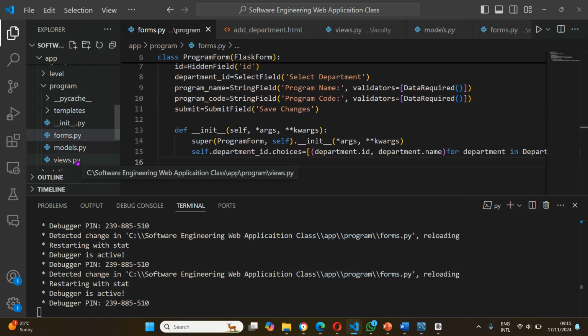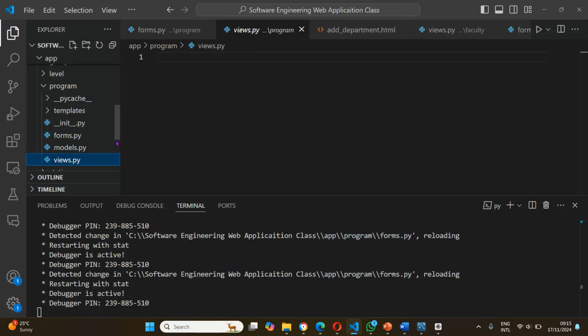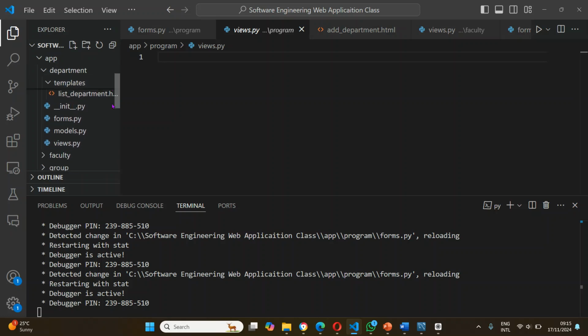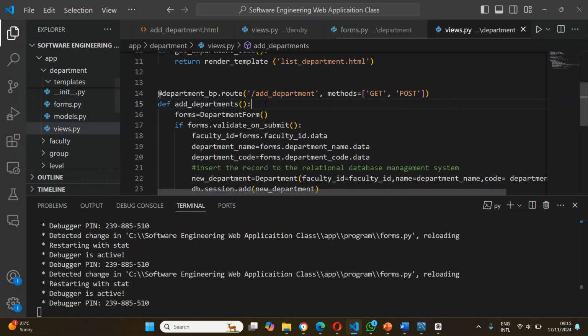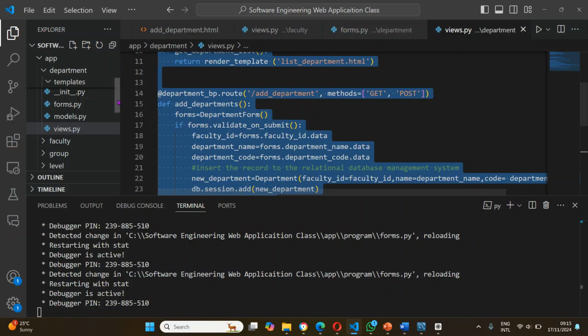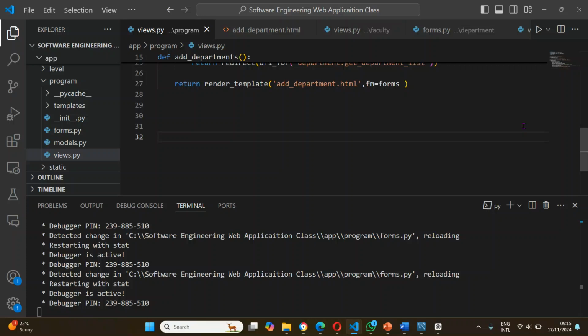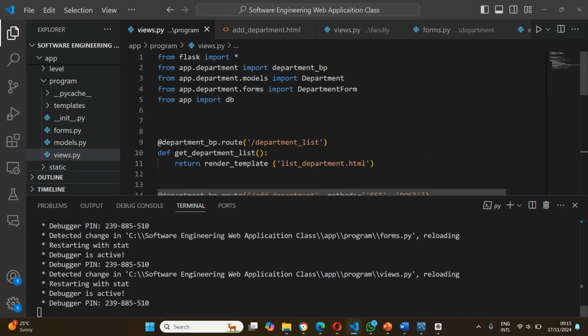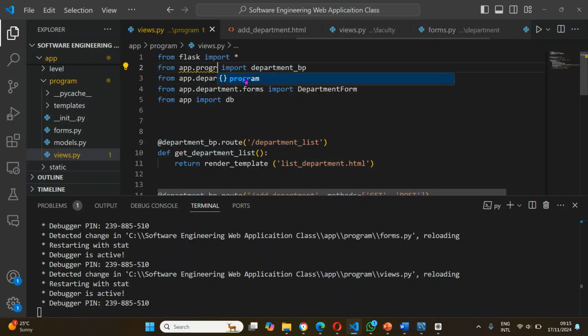Then what remains are the views. So instead of me rewriting everything from scratch, which I already have something similar in the department module, I will just copy everything here and paste it in the program module, in the views.py, and just make some changes one after the other. So remember, from Flask import everything, all the functions that we need from this extension tool called Flask. Then here, because we are doing the program, what we need is a program blueprint, which is after the program folder, then